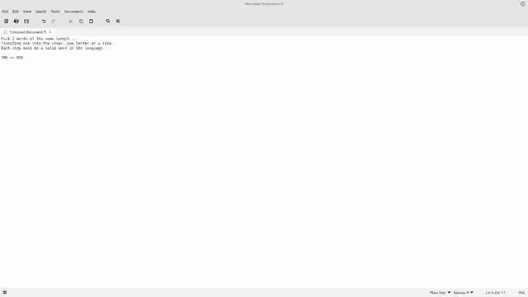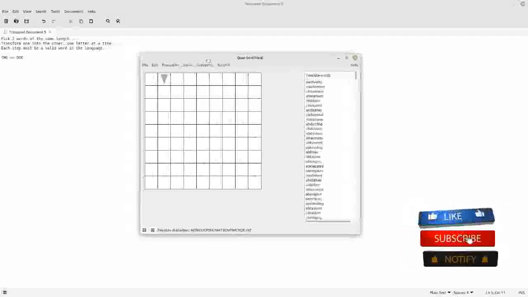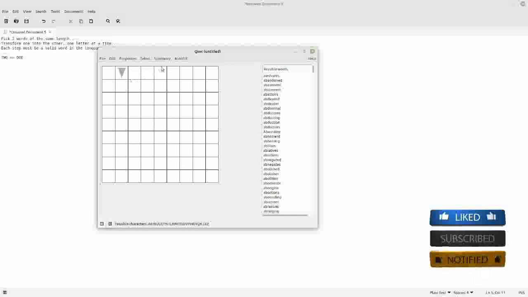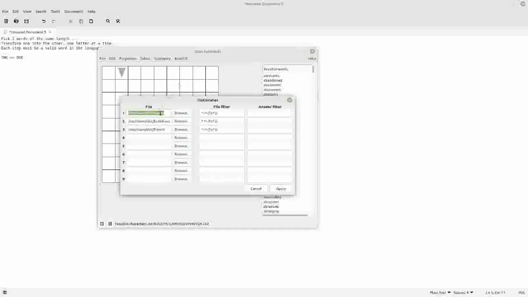So let's look at something like this. Now this is a program called QXW, and it is used to make crossword puzzles, right? It's easily gotten, it's free, it's open source, it doesn't cost you anything. You can set up different dictionaries for it to look at. Now this is my Linux machine, and I just use the common dictionary word and British English and French, because they're in there. There are instructions in a massive manual you can read to use this